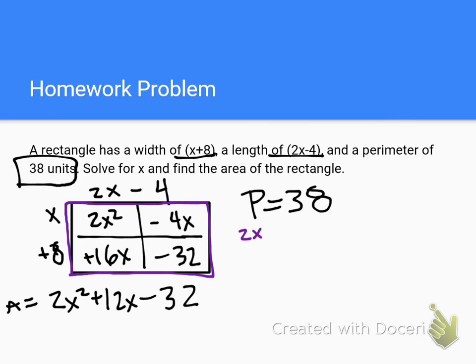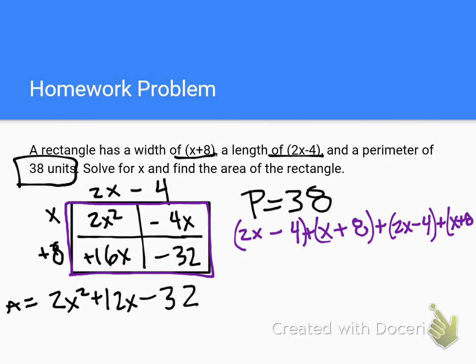So you would have 2x minus 4 plus x plus 8. Those are just two of the sides though, right? So you also want to add another 2x minus 4 and another x plus 8. Okay, and then the problem is telling you that adding all of those together will give you a total of 38 units, right? And we can combine like terms here. So 38 equals, I have 2x, x, 2x, and x. So that gives me